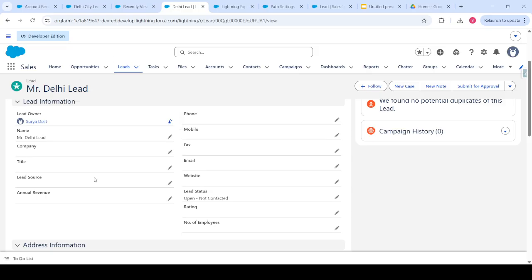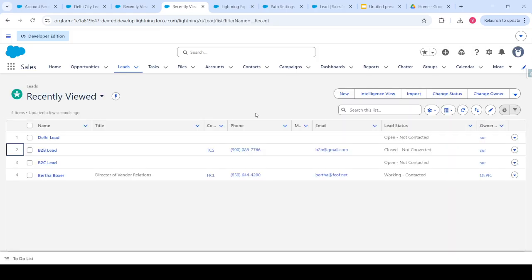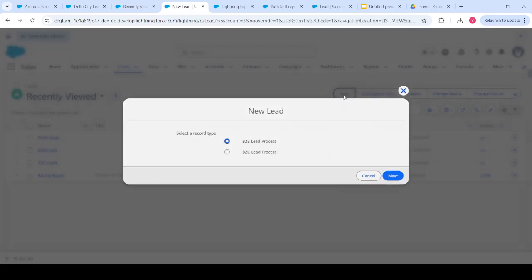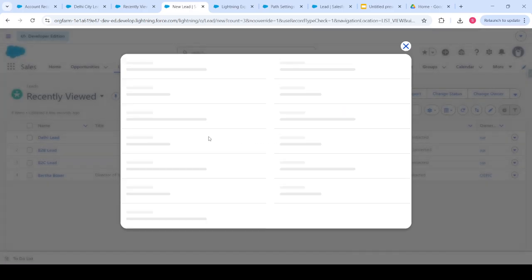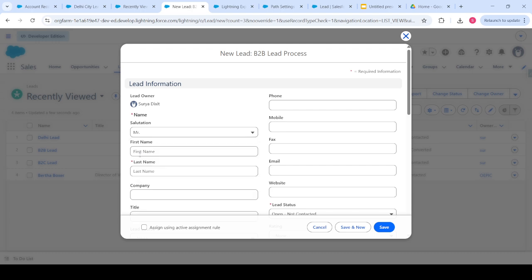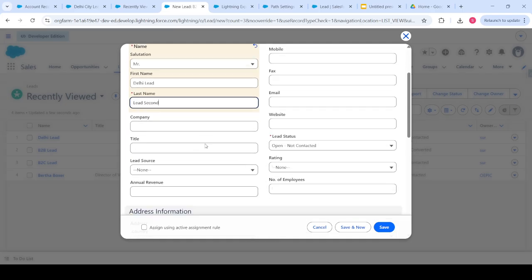Why? Why? Because, Delhi lead second, because